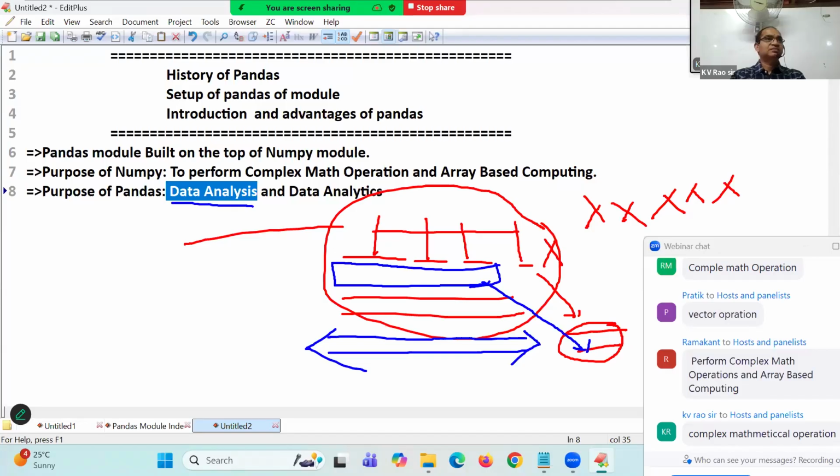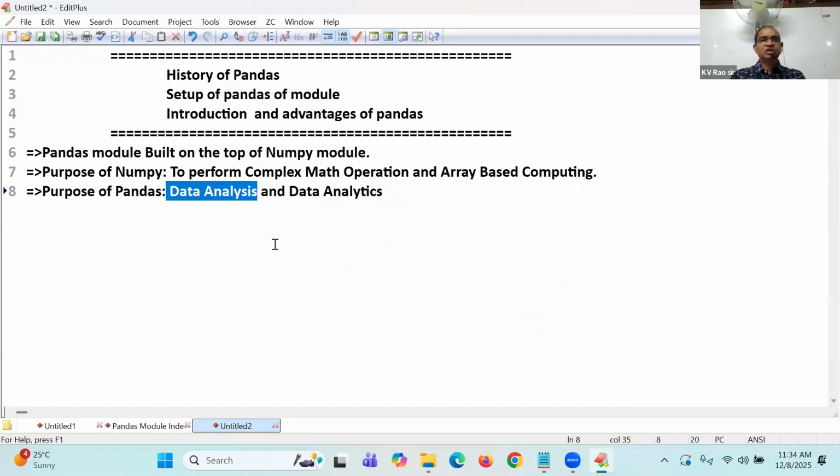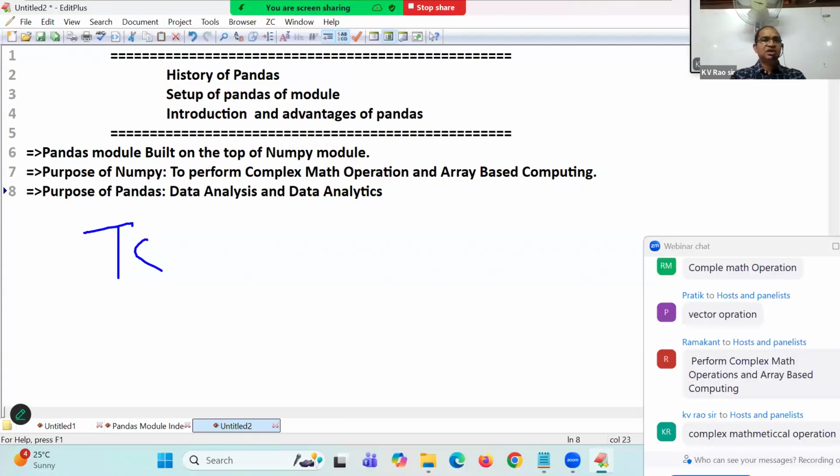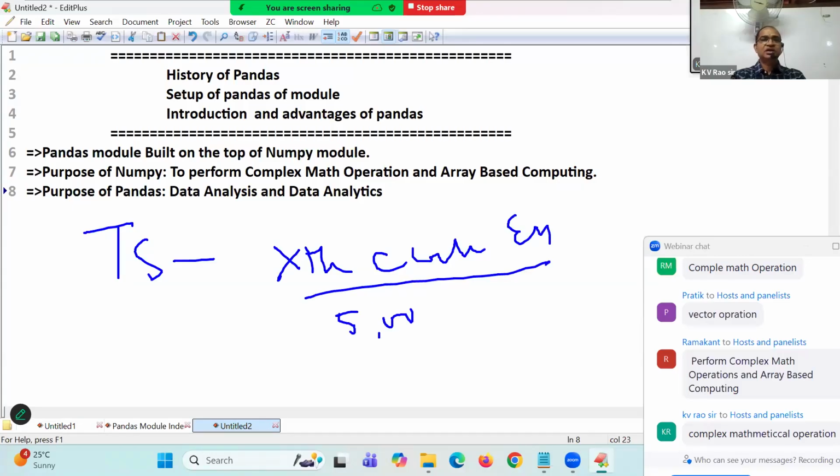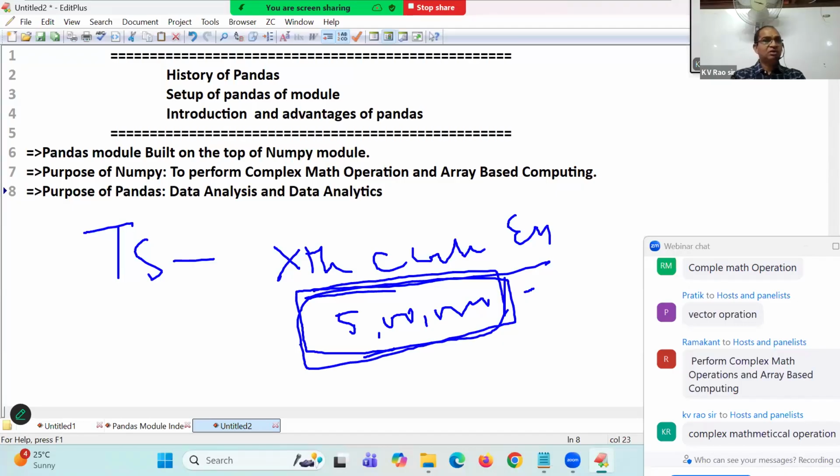Now, directly I'm going to enter into my explanation. Take an example: Telangana state conducted 10th class exams and collected lots of data. 5 lakh students' data was collected and is available. From that, the Chief Minister's office wants to know which district got the highest percentage of results, and which district got the lowest percentage,